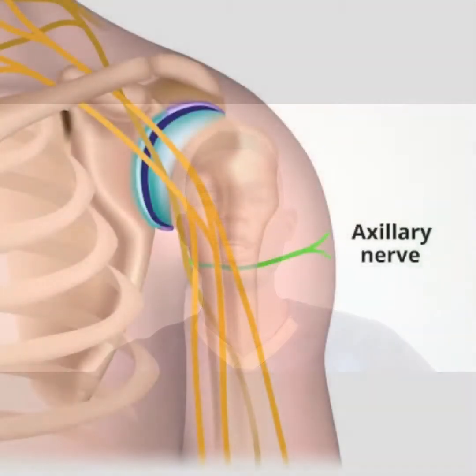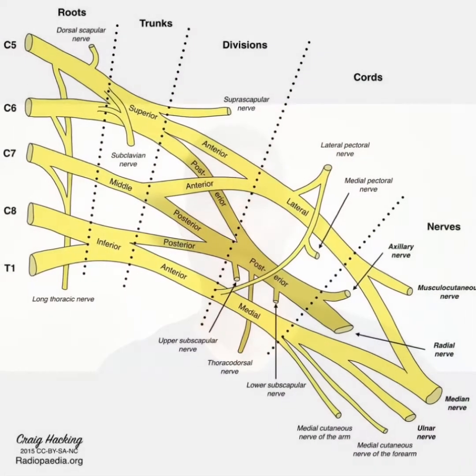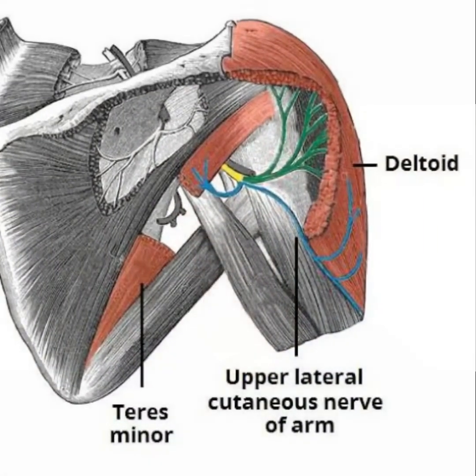The next branch of the brachial plexus that we'll be looking at is the axillary nerve. The axillary nerve root is simply C5 and C6. The axillary nerve innervates the deltoid muscle and the teres minor muscle. Also, the sensory function of the axillary nerve is that it gives off the superolateral cutaneous nerve